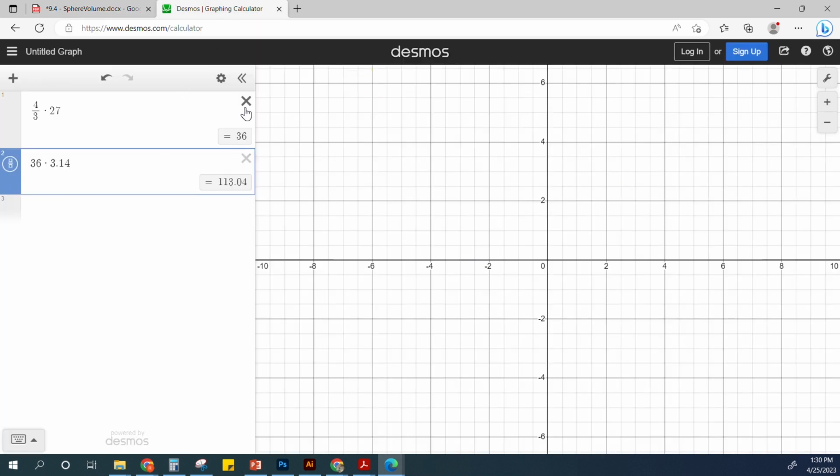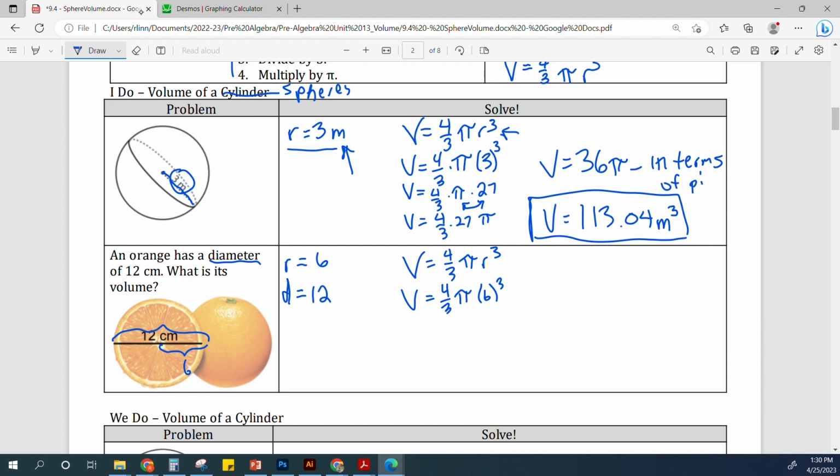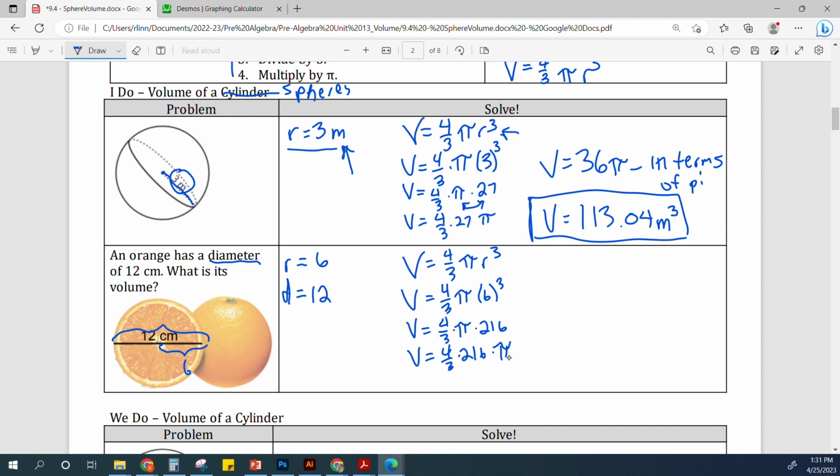Go back to my trusty graphing calculator here again, and I've got 6 raised to the 3rd power is 216. So volume equals 4/3 times pi times 216. Now I'm going to reorder these just like I did in my last problem. So my volume equals 4/3 times 216 times pi. Now let's multiply 4/3 times 216, and that gives me 288. So my volume equals